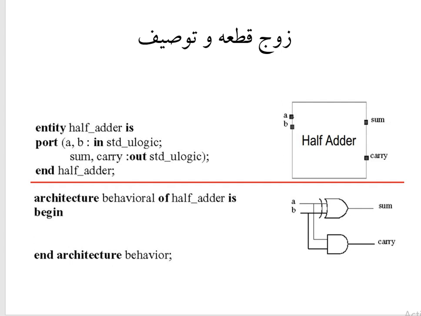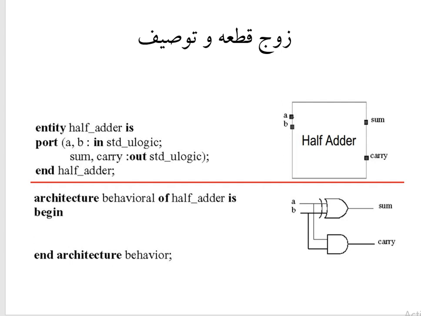Adder. This half adder has two parts. At first, entity definition. Entity half adder is port A and B. Both of them are inputs, and their type is STD logic, standard logic. You can see that STD_ULOGIC is a little different. It has a little difference with STD logic, but here we consider both of them similar to each other. And sum and carry are the outputs, and their type is standard logic, and end half